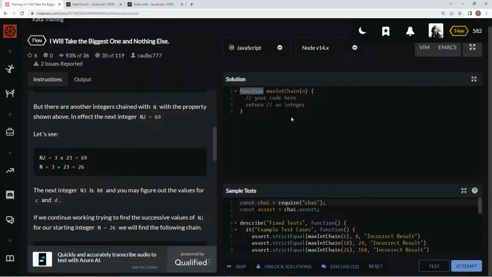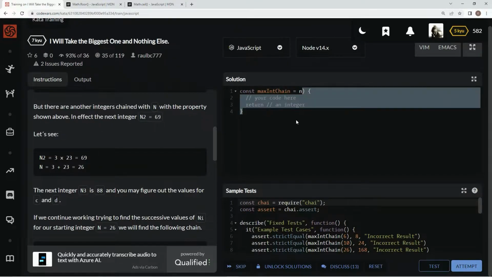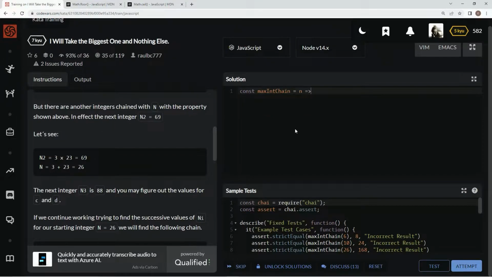So we're going to say here const maxIntChain equals n, and then the rest of it's going to just be an arrow. So we're going to say console.log, and we're going to have this ready for us to test. So what we're going to do first is, to get these numbers here, we're going to say this divided by